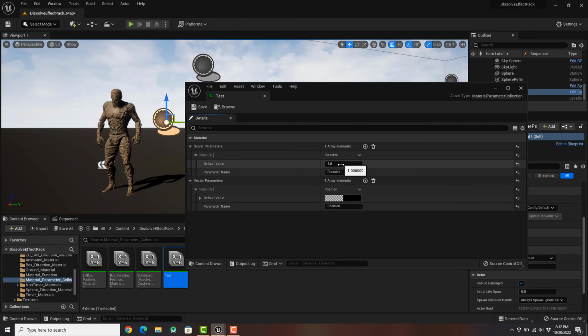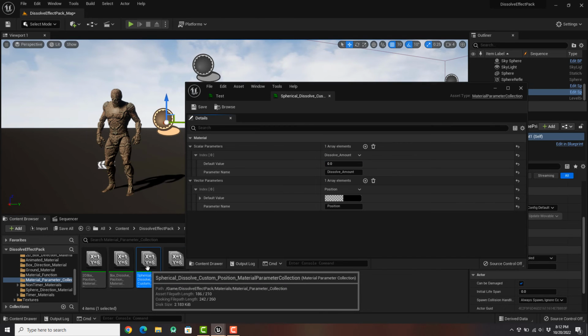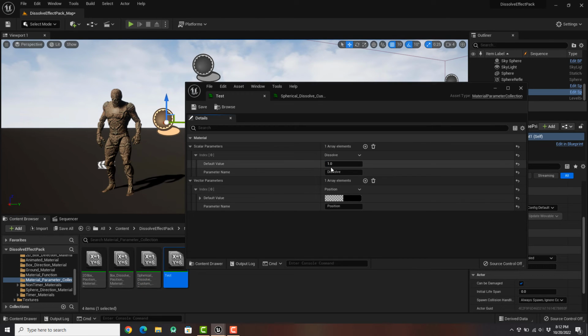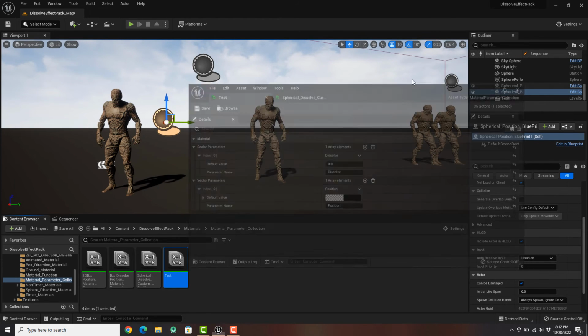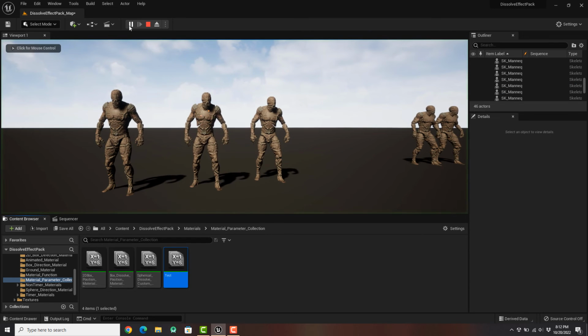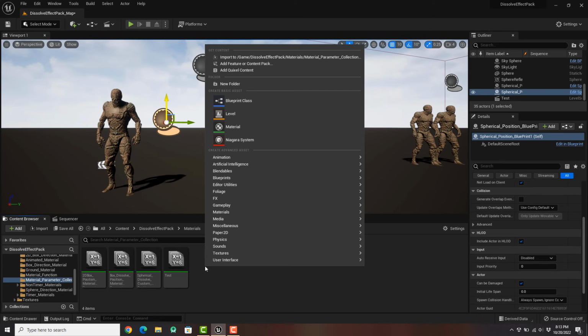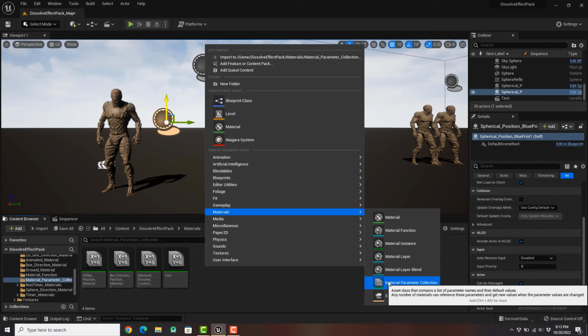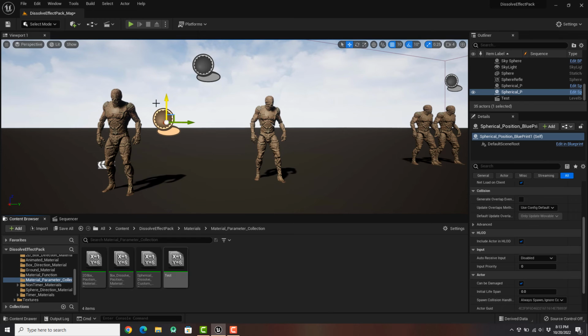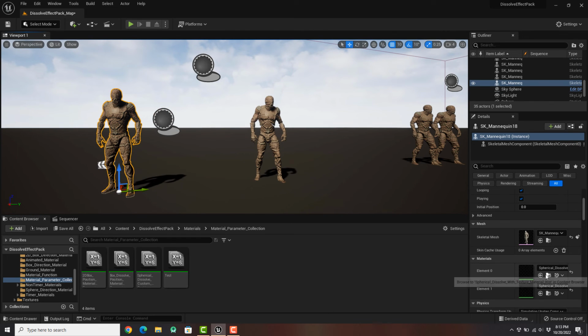Give it the values. Well, let's try this. Let's give this a value of 0. Well, yeah, so you want to create under material, go to parameter, add those two, and then go into your